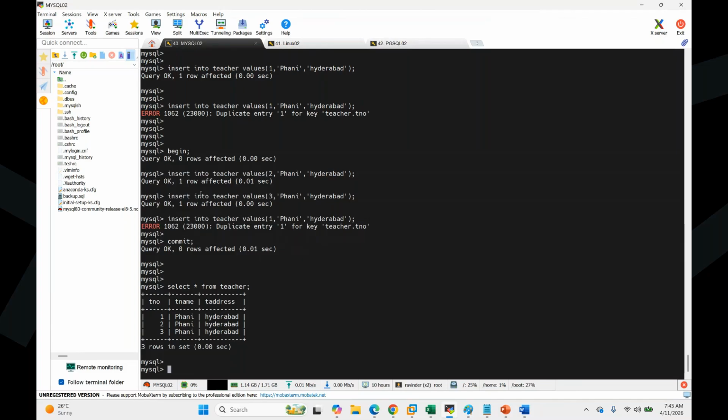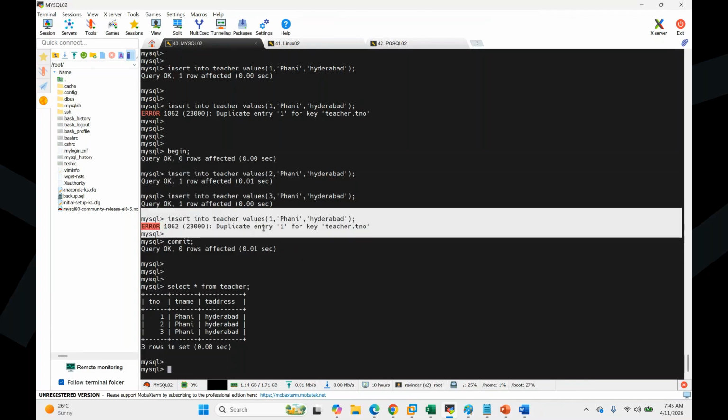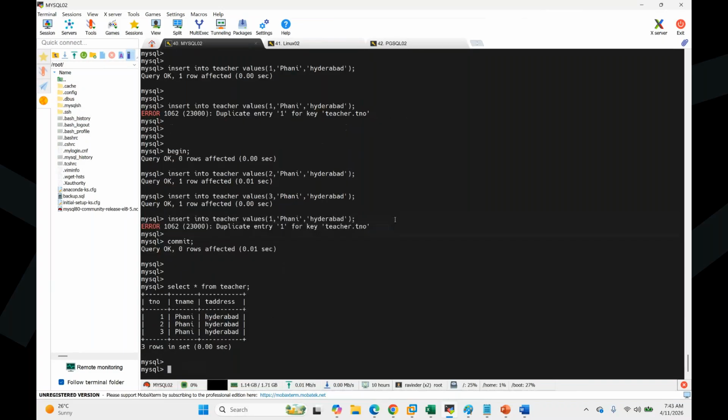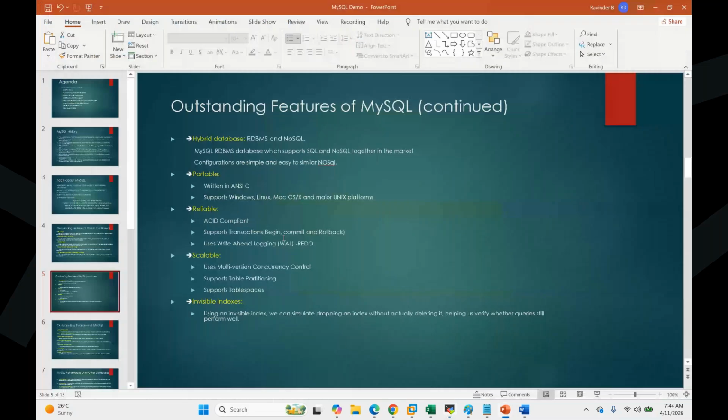Though I'm running a transaction, within the transaction some statements failed. Still, whatever is successful is successful, and whatever failed is failed. Simple. Even if the transaction is partially committed, it is ACID compliant only. How is it ACID compliant? Postgres fails the same transaction, while MySQL accepted the data for the same transaction. In the background they are different. We'll talk about that. That's what it is about ACID compliance.